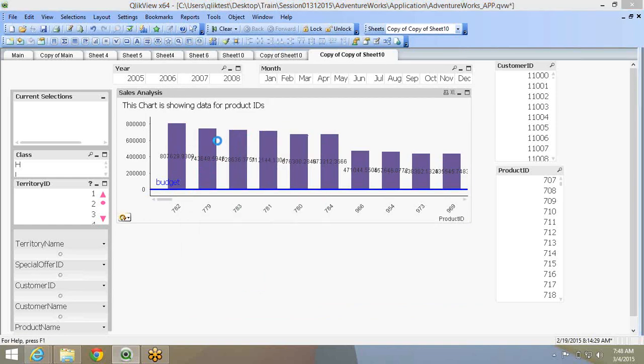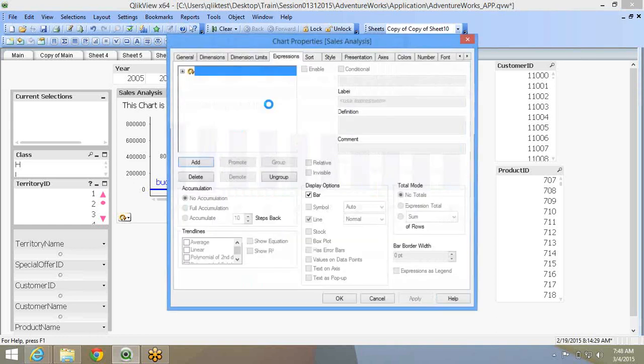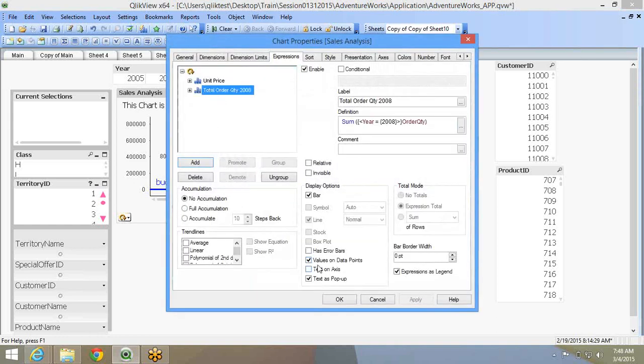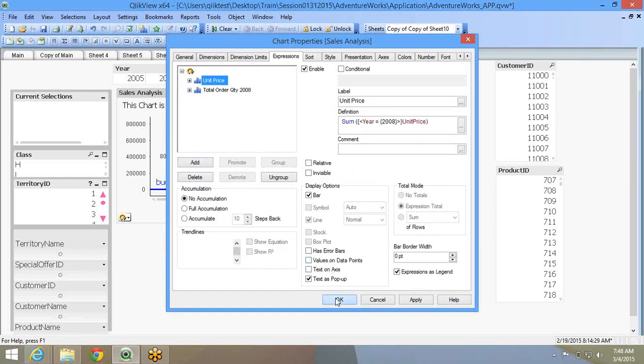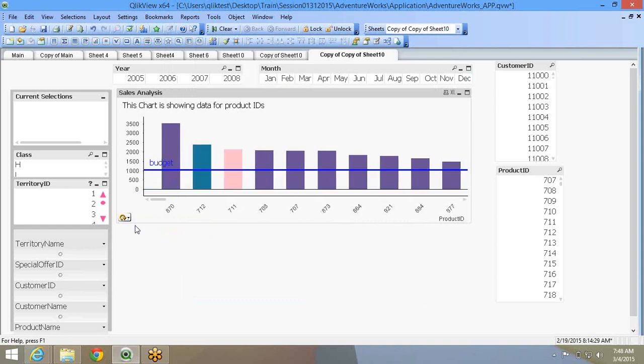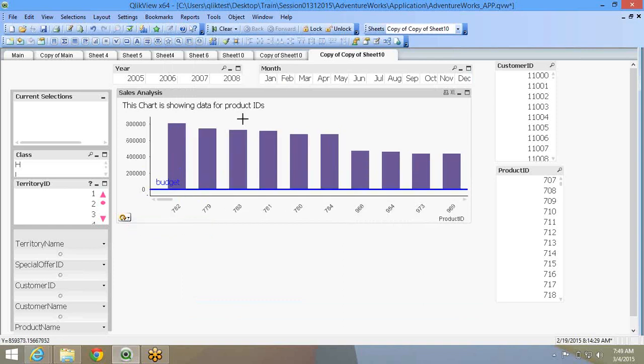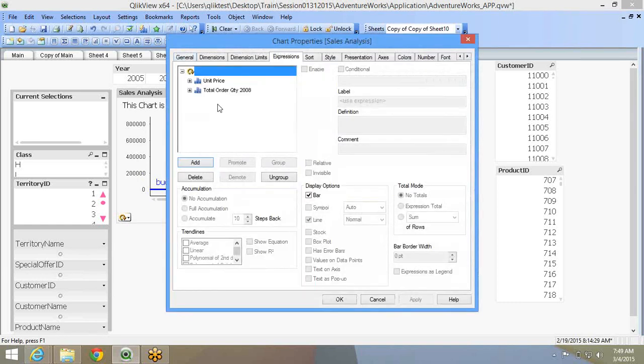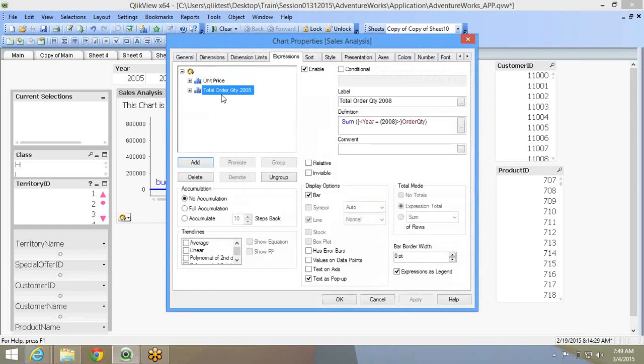Now this is showing as unit price. So you can right click, select order quantity, right click unit price. This way, the same chart can show multiple measures. So there is absolutely no requirement for you to create two different charts. This is called a cyclic group.